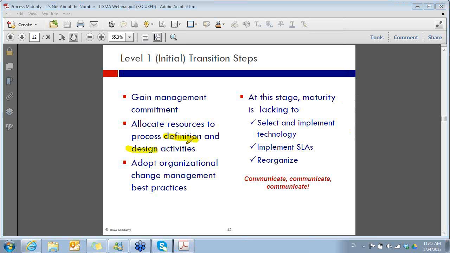With defining a process, visualize a box, right? Just visualize a blank box on a piece of paper. With defining a process, you're saying that, all right, we're going to talk about the business relationship management process. And we want to make sure we're clear on what the triggers are for that process, what the starting point is for that process, what the stopping point is for that particular process. Maybe you start to define some high-level policies associated with that process. In other words, you're defining what the boundaries of this process are.